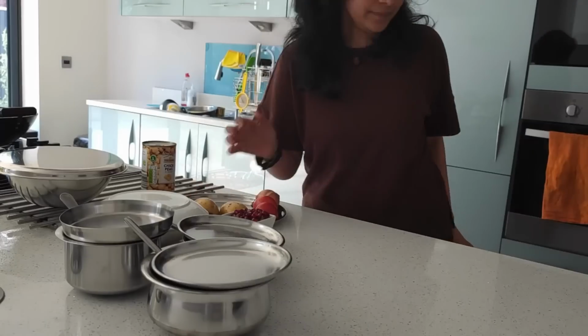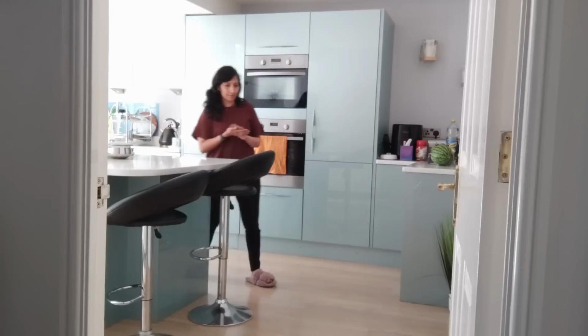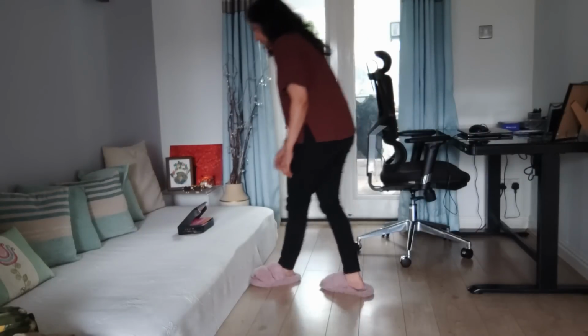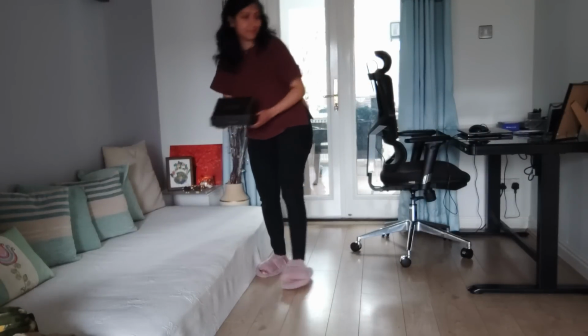I have a chickpea tin, 2 potatoes, 2 tomatoes and an onion to be chopped for later. Now that I have almost everything ready for chaat, I am taking a break from the kitchen and have some very relaxing time